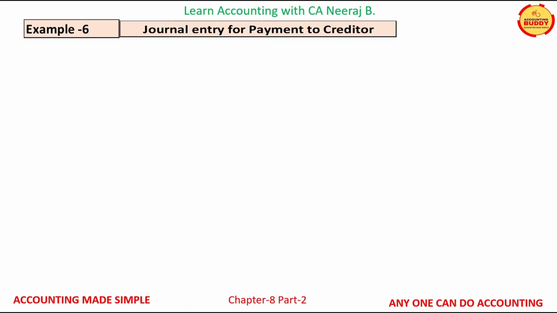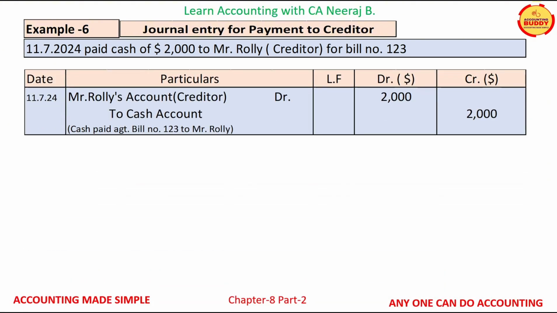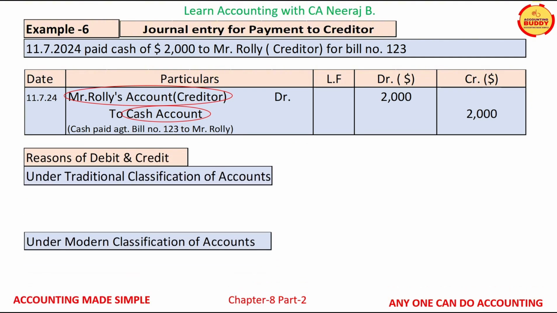Through the business transaction displayed on your screens, let us understand payment to creditor journal entry. On 11th July 24, an amount of $2,000 is paid by cash to Mr. Rowley, who is a creditor of the business. The two accounts which are getting affected by this transaction are creditor account and cash account. Let us now analyze the reasons of debit and credit under traditional classification of account and under modern classification of